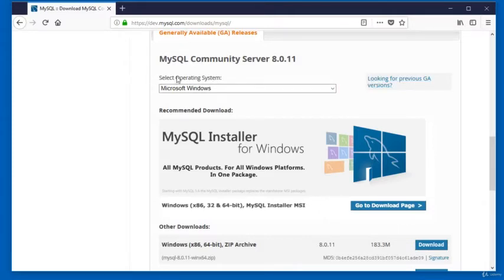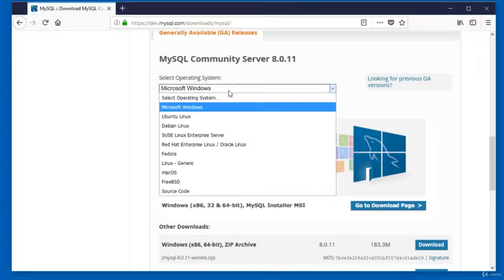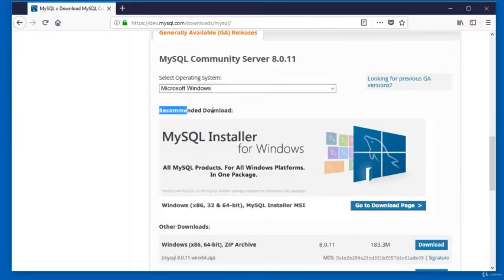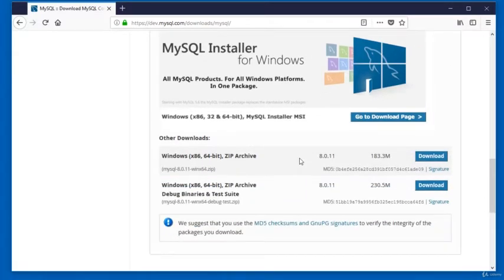From select operating options, if it is not selected, choose Microsoft Windows. Under recommended download title, you will find MySQL installer for Windows. There are also zip archives available for download, but we will download MySQL installer MSI. Click this Go to Download page link.